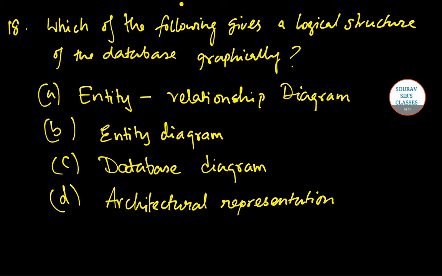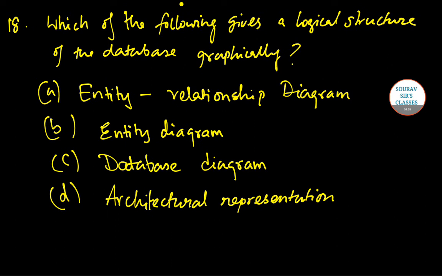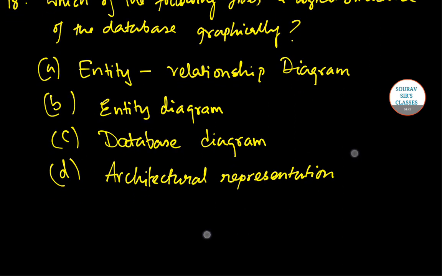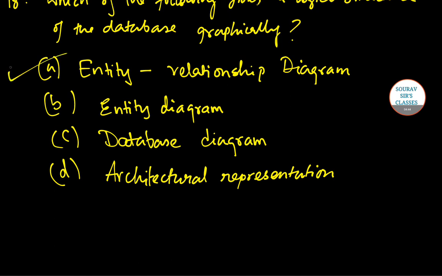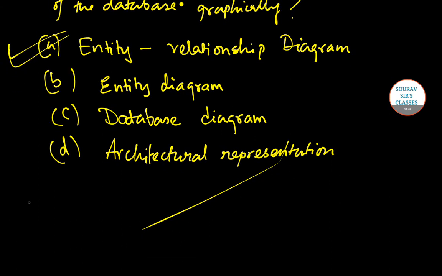In question number 18, we have which of the following gives a logical structure of the database graphically. So option number A says entity relationship diagram, B says entity diagram, D says architectural representation, and C says database diagram. So among these four options, the correct option will be option number A, because the entity